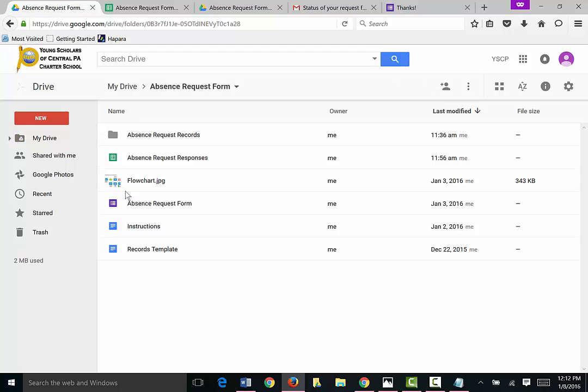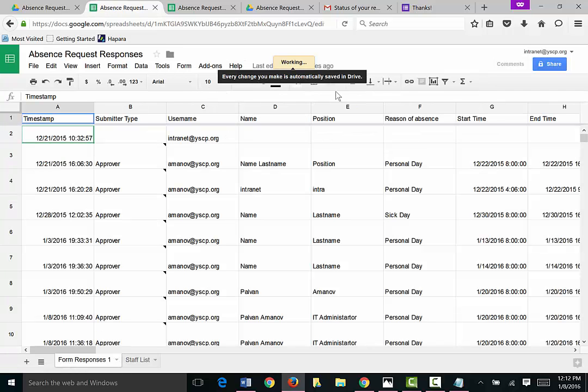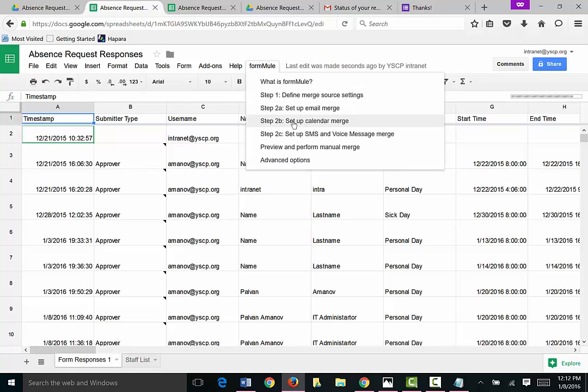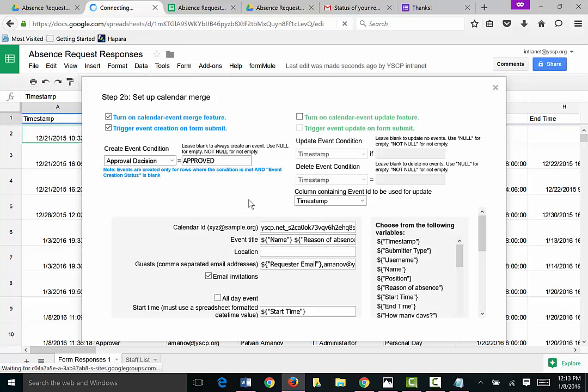So to create the Google events automatically, you'll just need to go to the formMule tab here, initiate it, and then we'll go to the calendar merge. And here you need to say create the event when the submission is done, and then when the approval decision is approved, because you don't want to create the event if the request is denied. So you'll say approved, you'll put the calendar ID here,